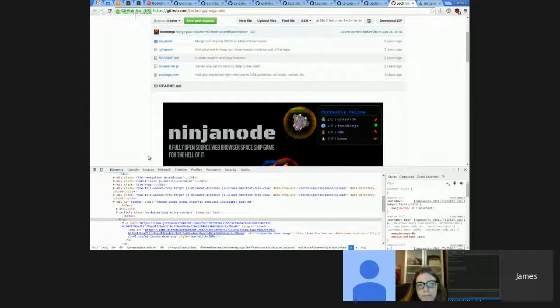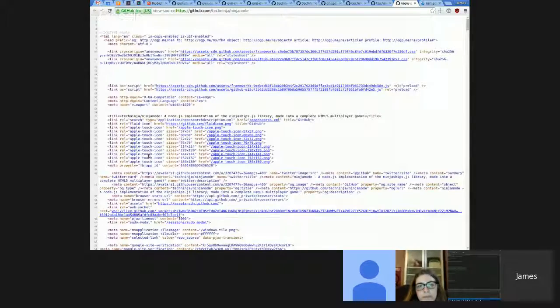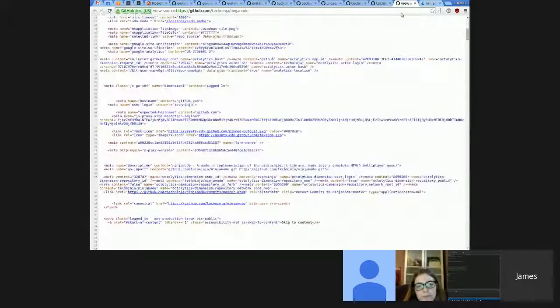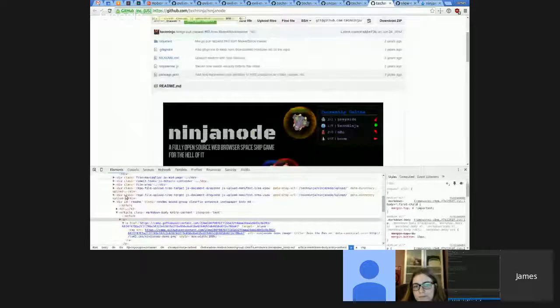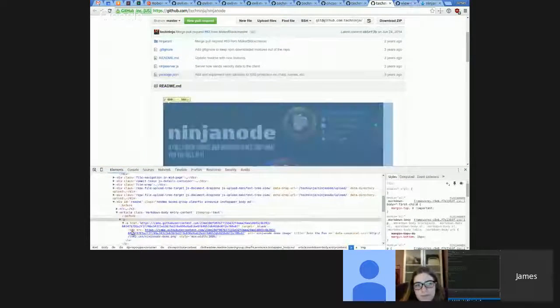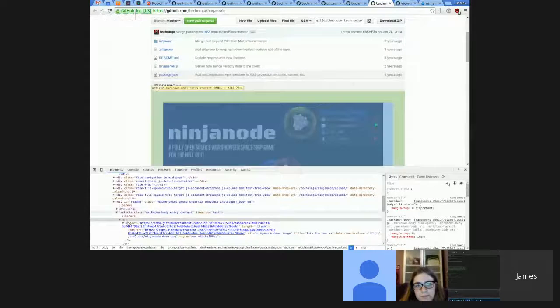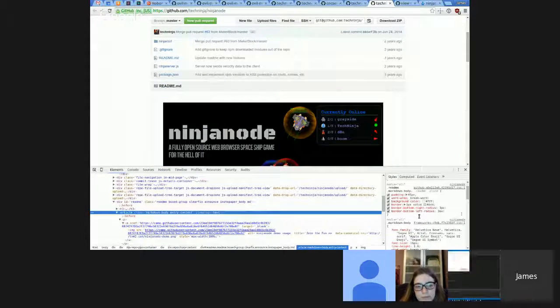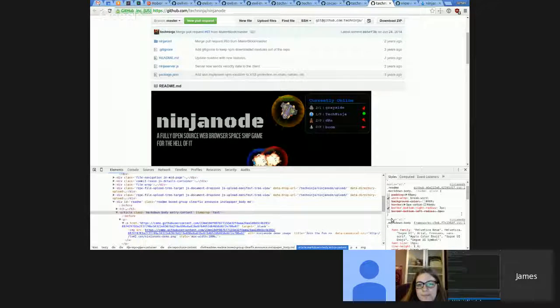If you go to view the source, this is the actual source code of the page, but this is how the source code is understood, as actual elements and things. And from here you can see the CSS styles that make it pretty, which you can actually turn off and make it do awful things.